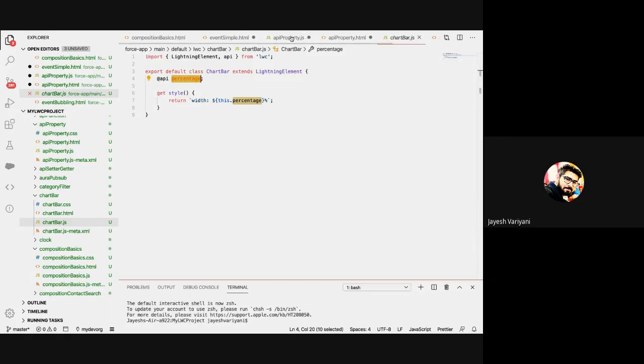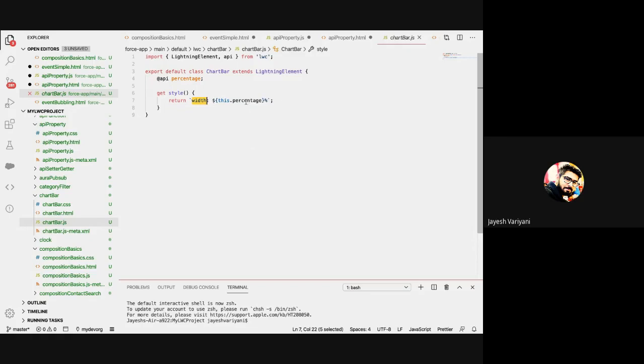That is the API property, and get style is a method to link to the child only. It has nothing to do with its parent. And it has to return the width of this percentage, whatever we are passing.